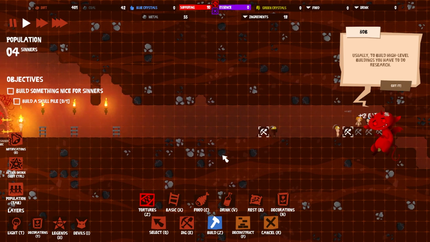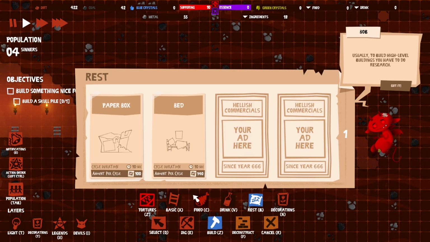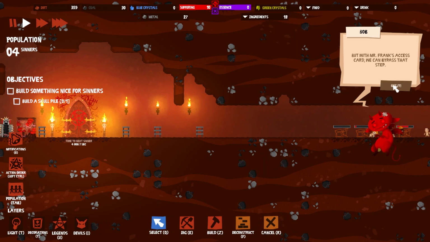Usually, to do high-level buildings, anyway, I'm going to ignore you now because I want to do my own thing. And one thing I need to do is make some people some wonderful paper boxes to sleep in. And we'll make all four for them. With Mr. Frank's access card, we can bypass that step. So normally what we'd have to do...